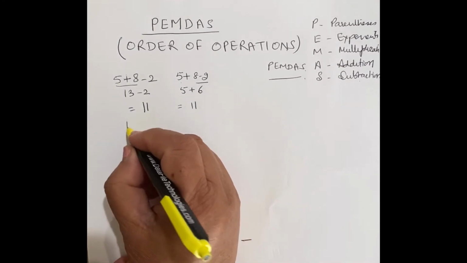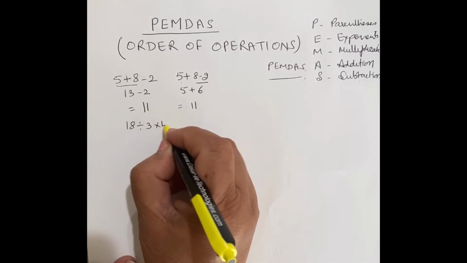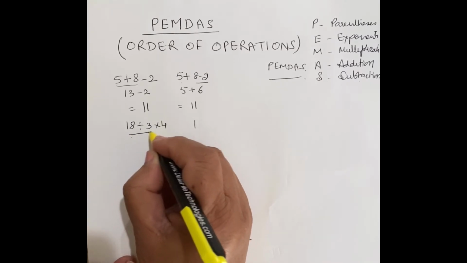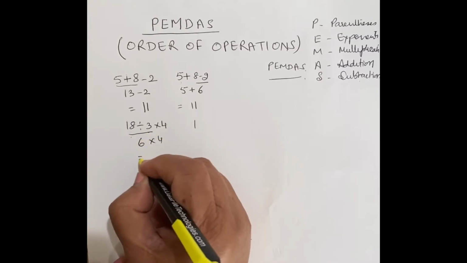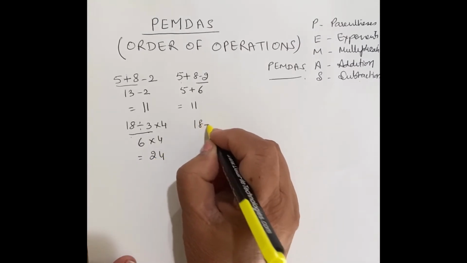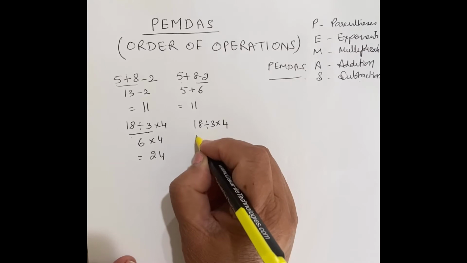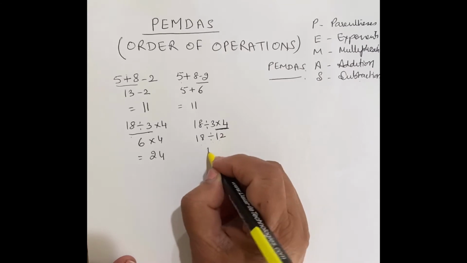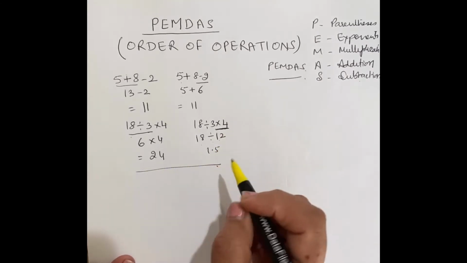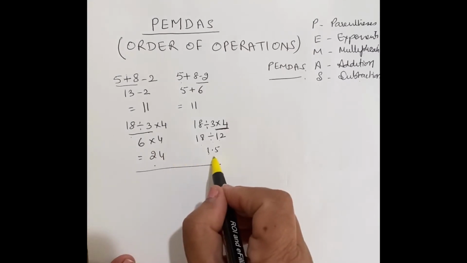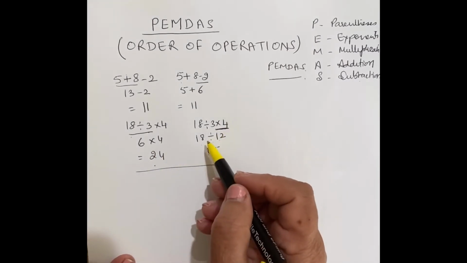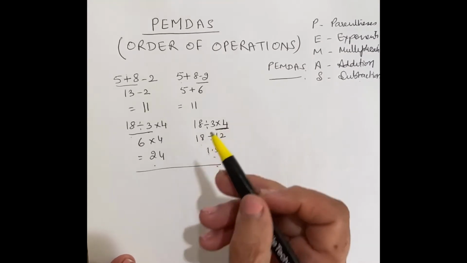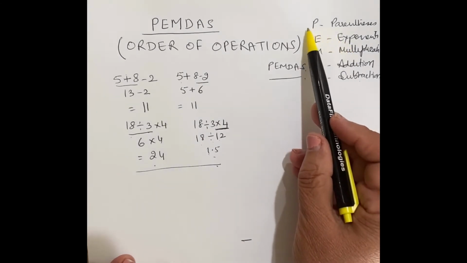If we take the example of 18 divided by 3 multiplied by 4, it will become 6 times 4, which is equal to 24. On the other way, if we multiply first, 3 times 4 is 12, and 18 divided by 12 is 1.5. Here is the difference. So there is a difference in calculations if we don't follow the rule. So for proper calculation of expressions, we can follow the rule